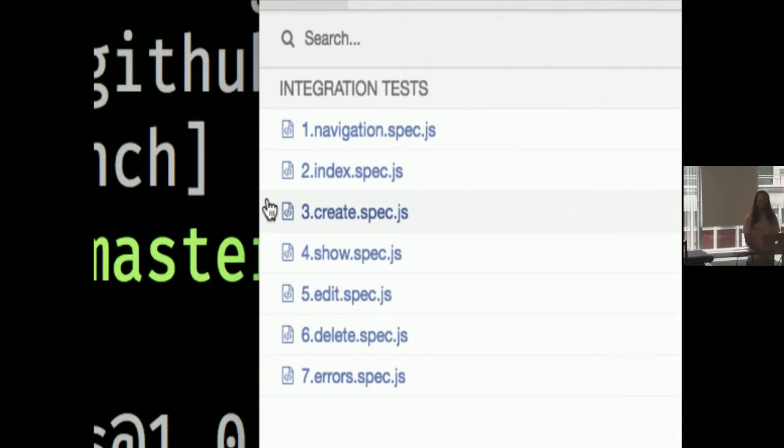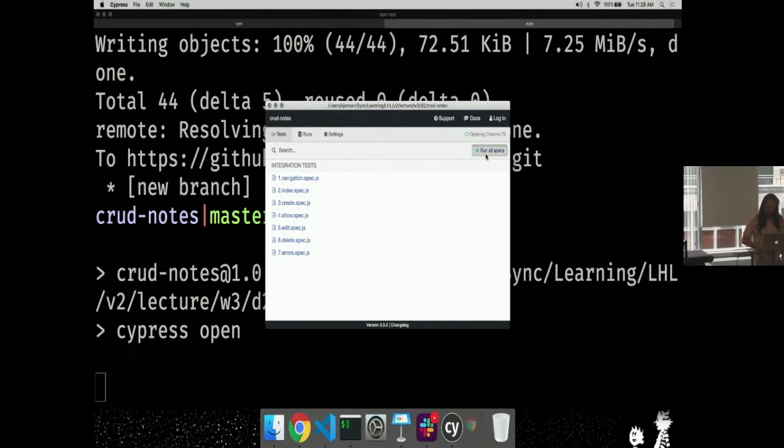I've got 7 files here. The first one is just a bunch of tests that will confirm the navigation works in my site, that I can go from different pages to other pages. The second one will be all tests about the index page. Third is about the create behavior. Then I'm going to do about show, edit, delete, and then errors at the end. So if I run this here,